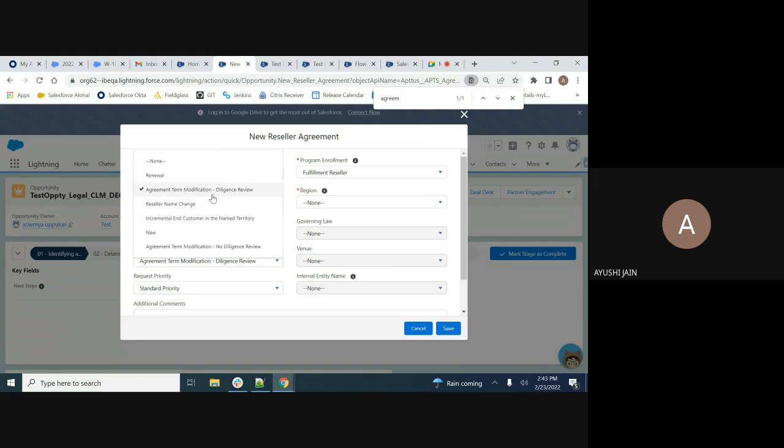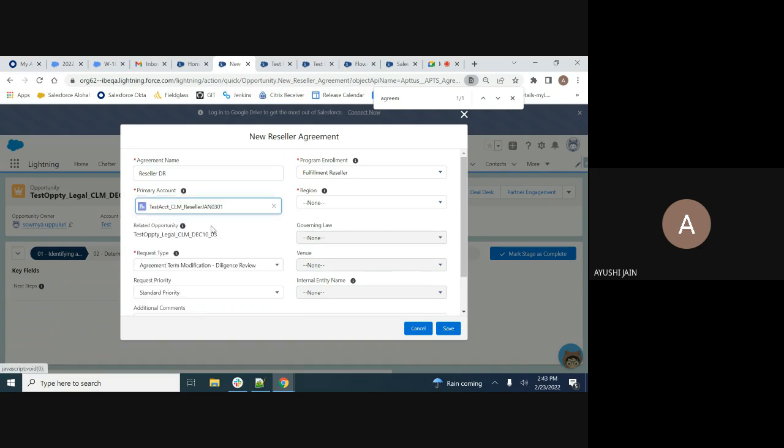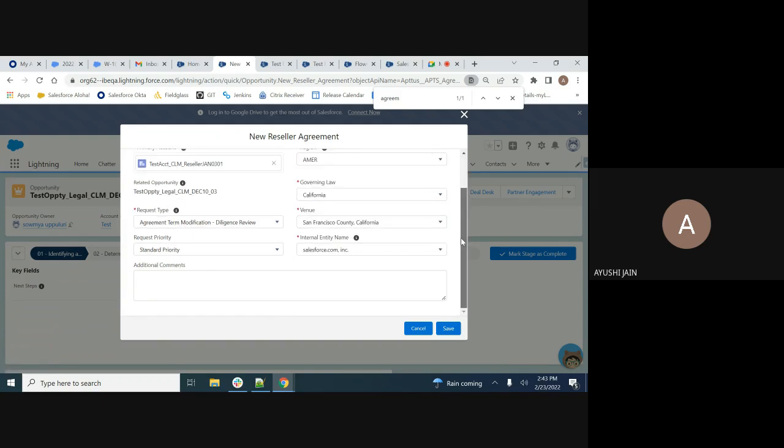Suppose I am selecting agreement term modification diligence review. Here the process will directly start from diligence review, that we can see here. The agreement name is reseller diligence review. So we can check it. Primary account, maybe I'm selecting this. Region, we can select anything. Suppose I'm a fulfillment reseller, and here,